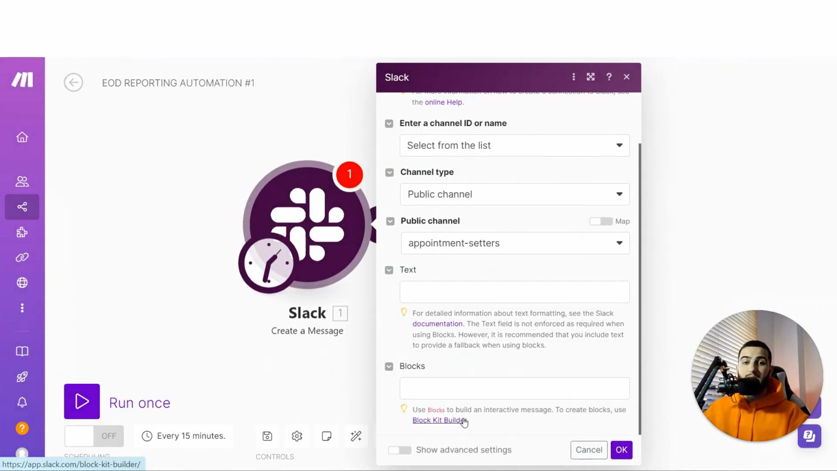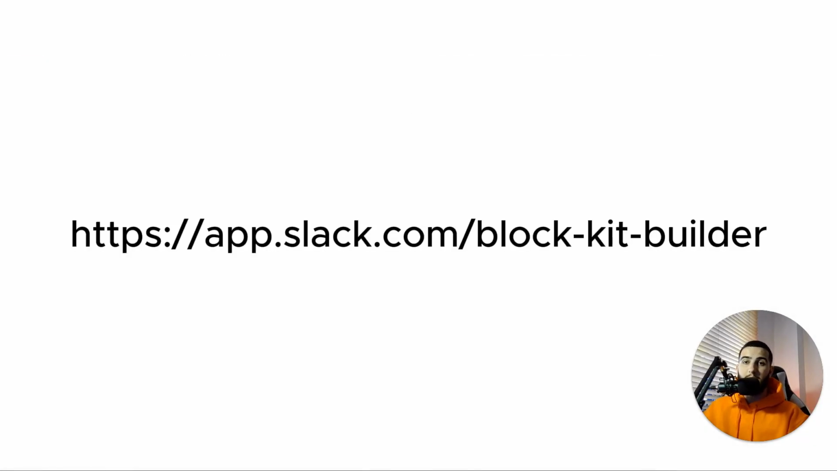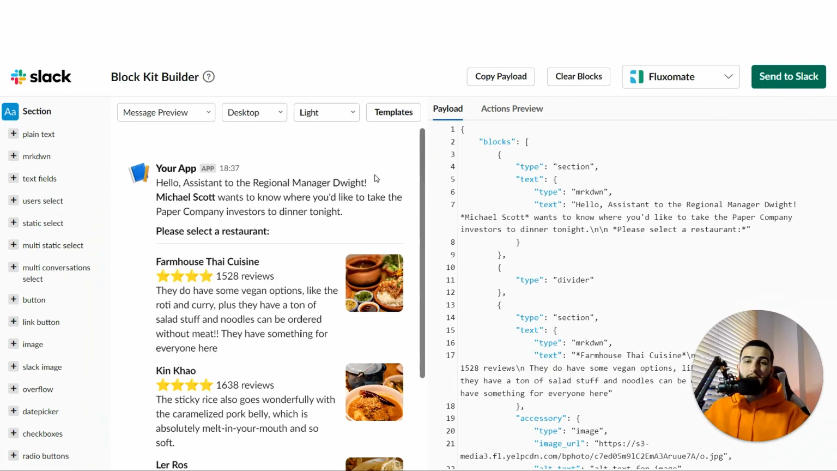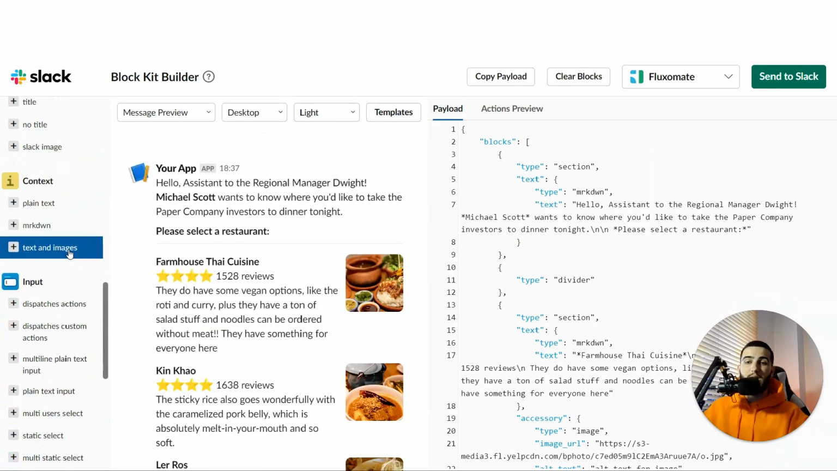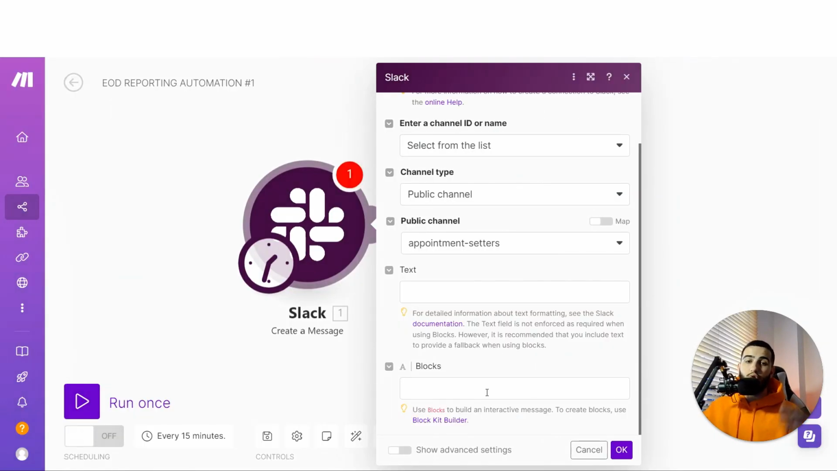If you're not familiar with blocks, it's super simple. You can head over to app.slack.com/block-kit-builder. And there you'll be able to see this block builder. And here you can just write your text up normally, add different things like text fields, markdown, whatever it is you want. And then you can copy and paste this code within your Make account or your no code automation